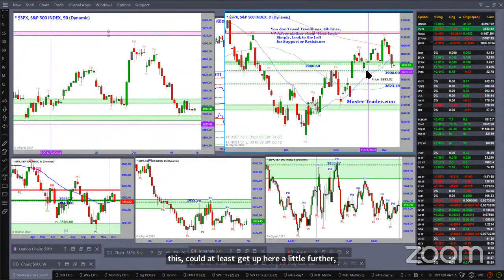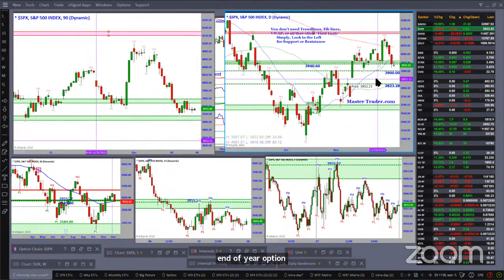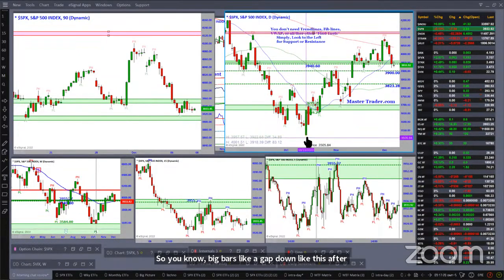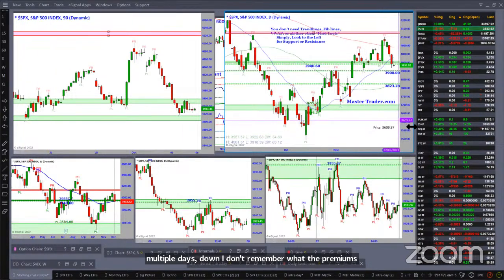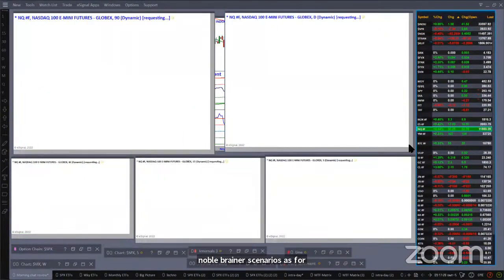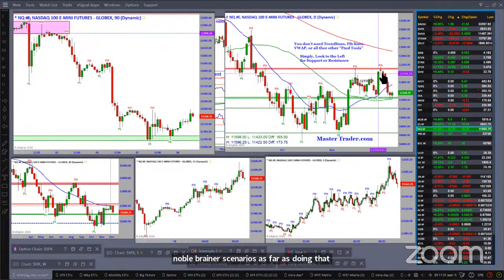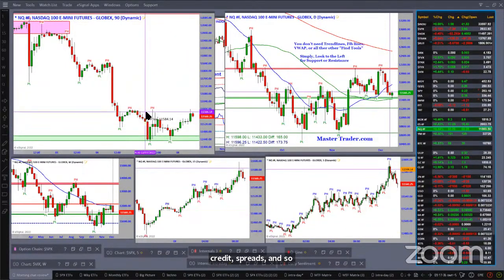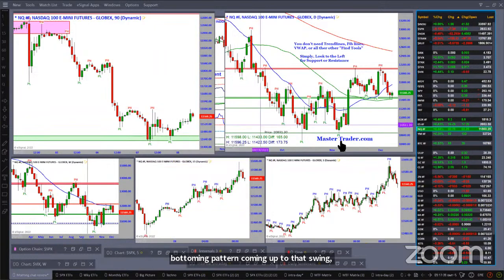And this end of year option expiration. It's a big thing. So it's the last option expiration of the year. So, big bars, like a gap down like this after multiple days down. I don't remember what the premiums were back then, but it was more likely there was more of no-brainer scenarios as far as doing that type of credit spreads. Right. So NASDAQ down here, bottoming pattern coming up to that swing high, those swing highs there, and prices are